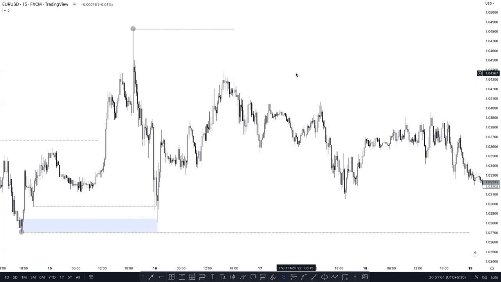Okay, so this was our EUR/USD chart in a 15-minute structure. And as you can see here, market tap our,